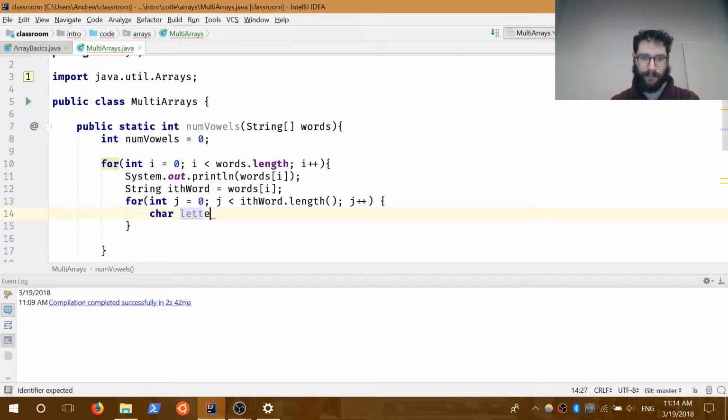Char letter is equal to, let's see, ith word dot charAt j, not i, right? Remember, when you're in a loop, one of the things that even I make mistakes about is sometimes forgetting where I am in that and using j if I need to. So we get that letter, and if letter equals a, or letter equals e, and now we can just copy paste this,